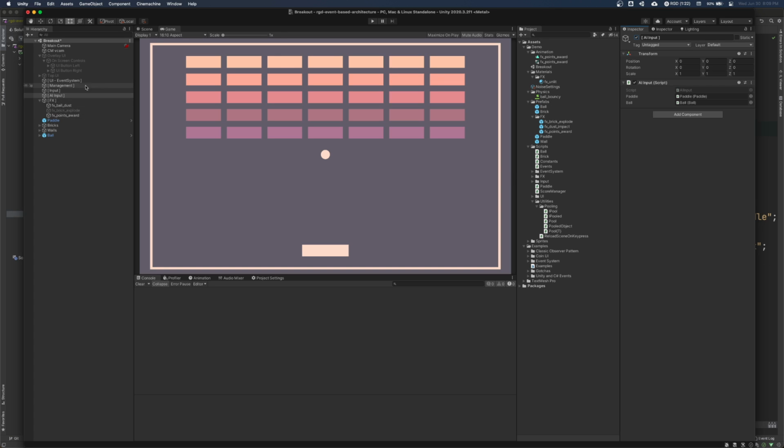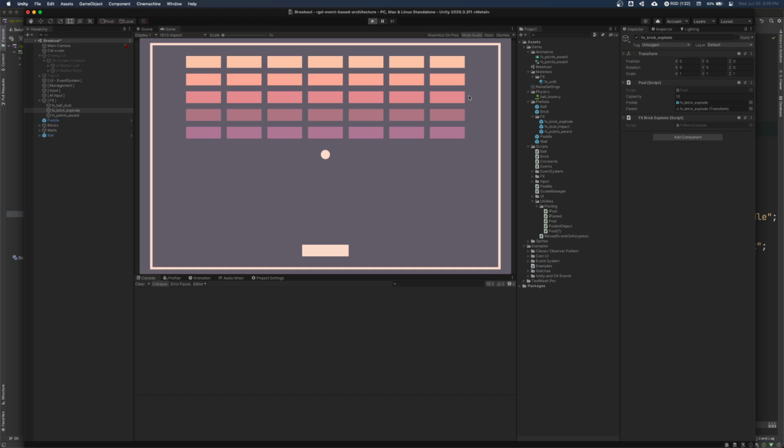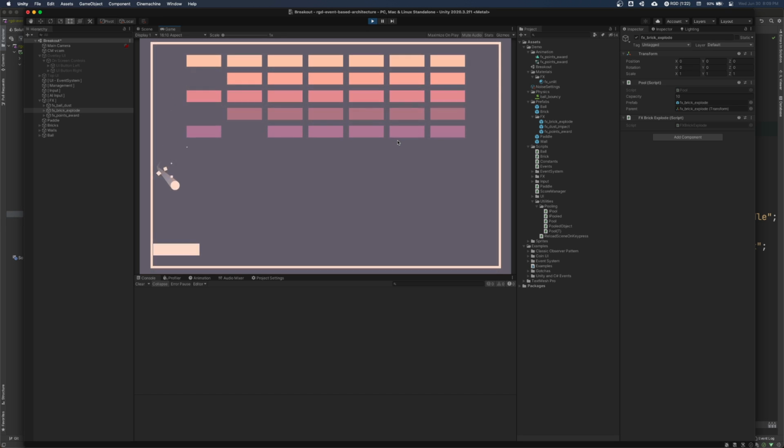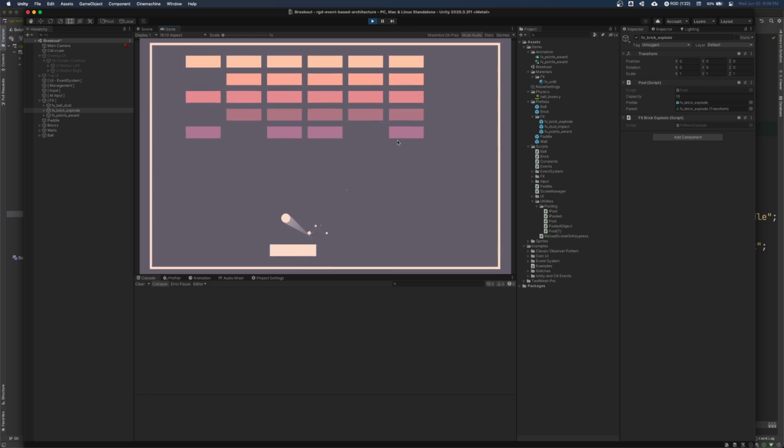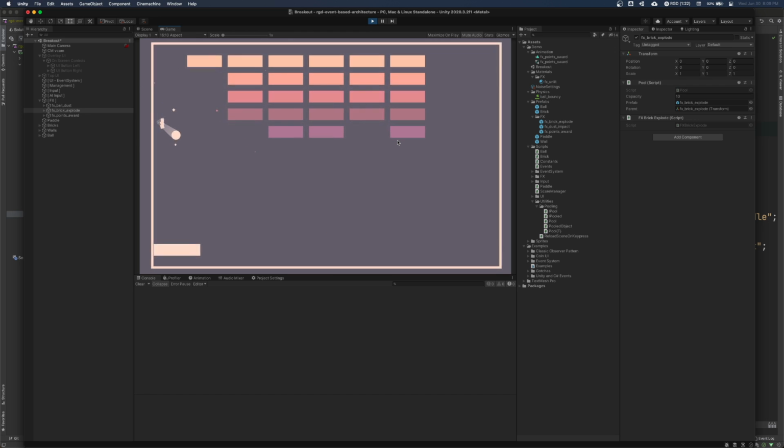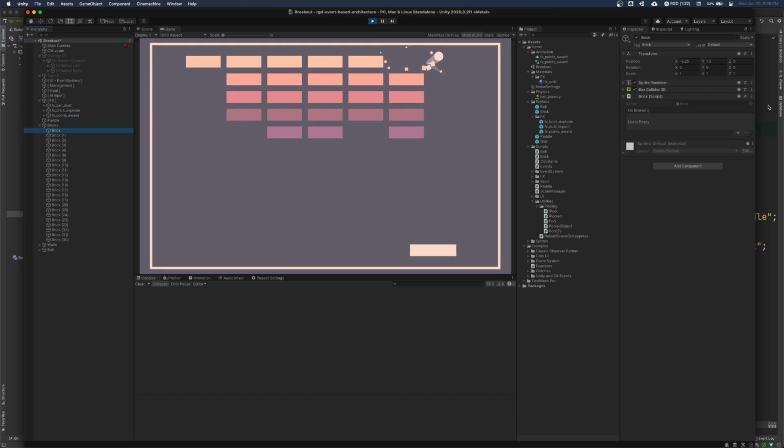So we can do the same thing for bricks exploding with the brick break effect. It's pretty much the exact same code. You can see now we have a little effect that plays when bricks break, and we can even get the color from the brick because we have the brick in the event, so we can use that information to color our effect, even though it's coming from a pool of effects, so they're independent of the bricks. Because again, bricks are just simple objects. They just have a collider and the brick script and a renderer for the sprite.